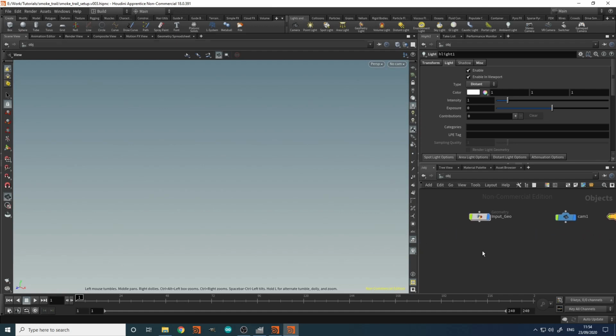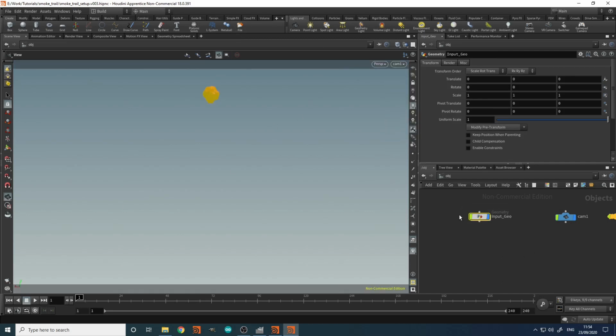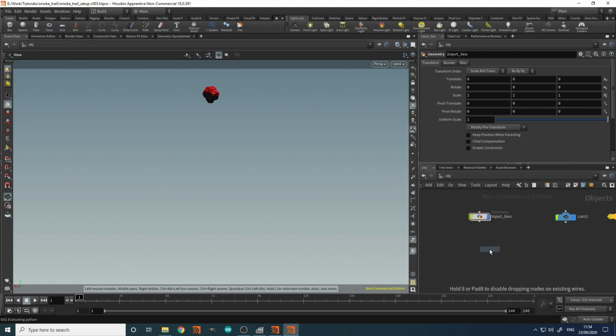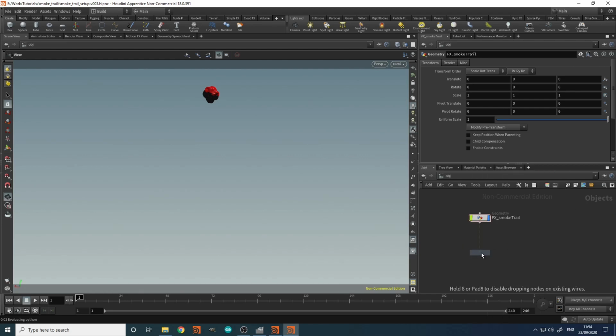Now I'm assuming that this object, if I look through the shot camera, has come from a previous department. I don't want to touch this, I want to leave this as it is, so I create a second object which I will call effects_smoke trail, and this is where I will create all my effects. I'll have a second object which I will call render smoke trail,